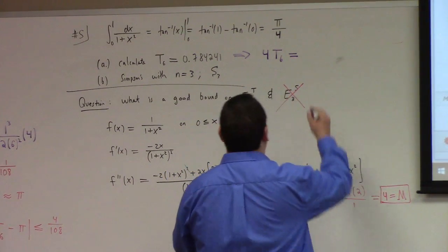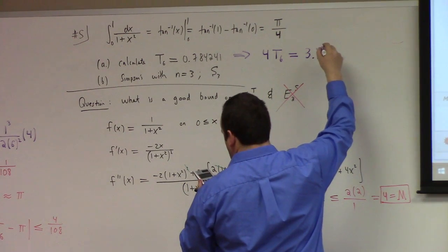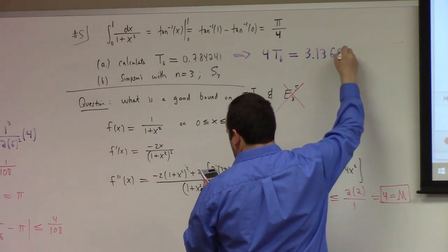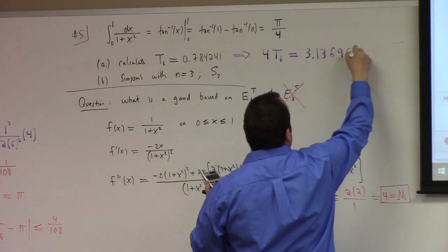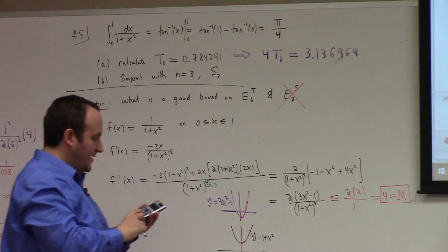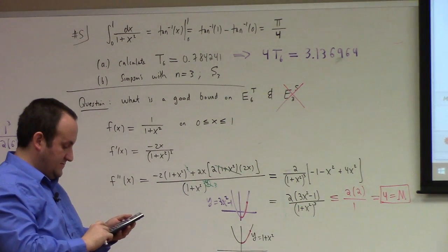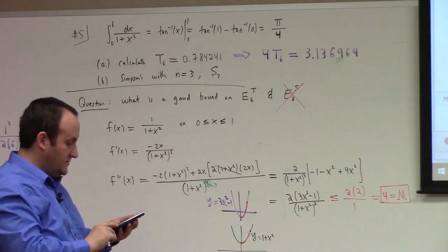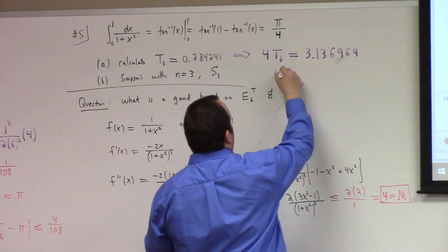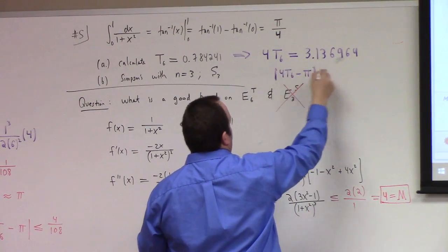I got, maybe it's what you said, 3.136964. Now, if you subtract pi from that, assuming that the calculator is not evil and isn't lying to us, so if I look at the absolute value of 4 T6 minus pi, I get